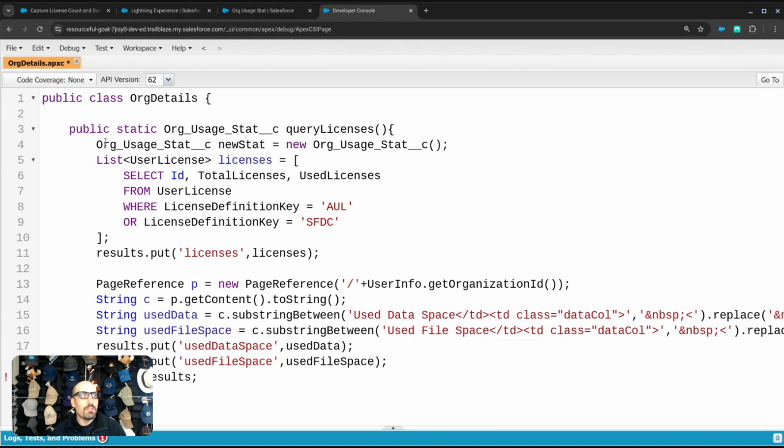So I'm just constructing an empty instance of this record. Now here, instead of putting the whole licenses in there, what I really want to do is determine the number of used licenses. There's a couple ways I could do this. I could loop through these licenses. That would be easy. I could also do what's called an aggregate query, which allows you to do math in Apex. And so I could do